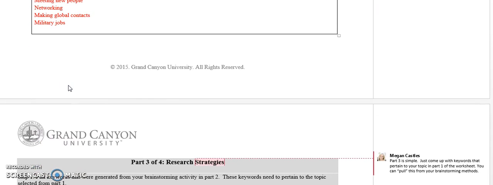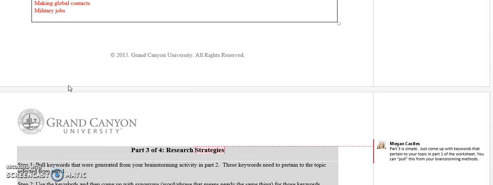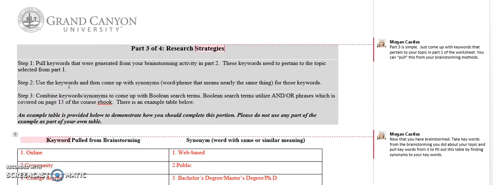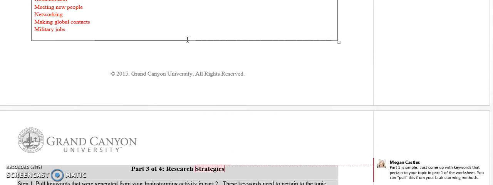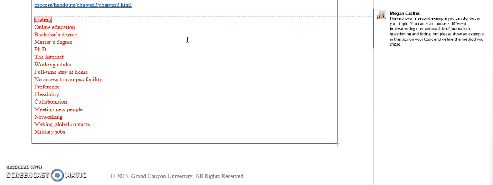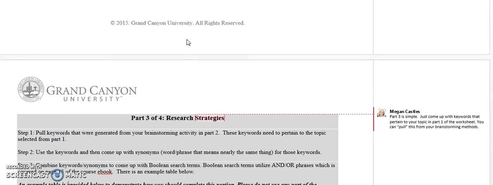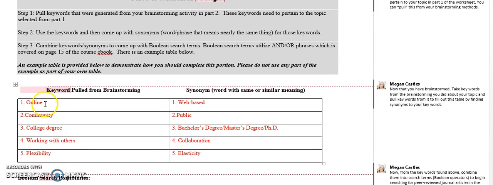Now, the reason why we're brainstorming is to gather information to help us pull keywords for your library research. That's where we go into part 3. Again, you can always take a look at my attached worksheet that has the directions for this particular assignment. You want to pull keywords from your brainstorming, so go back up to brainstorming and think about important keywords. What do I think, out of what I've written down, is going to help me find articles on my particular topic? I went through and pulled those keywords and put some of them over here